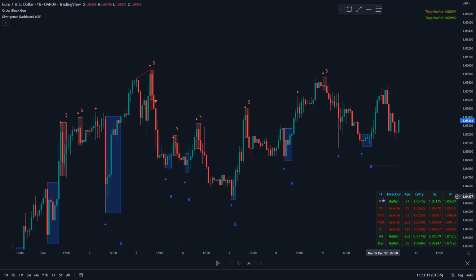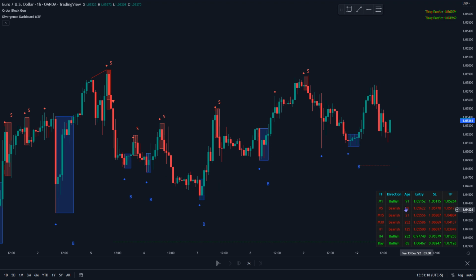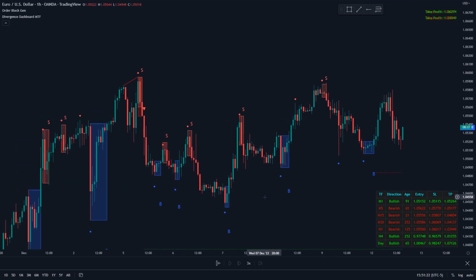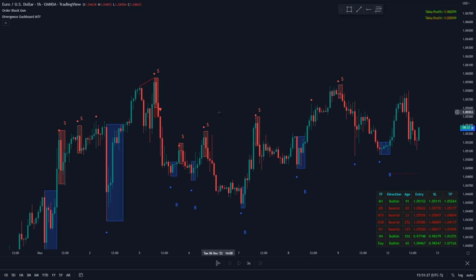I've just got the time frame part here on the chart, but it does come in a multi-symbol dashboard as well. And this is what I wanted to point out, this price action that you can join together with these to find some high probability zones to trade from. And if I first hide the order block gen, you can see here the divergence dashboard picks up some bearish